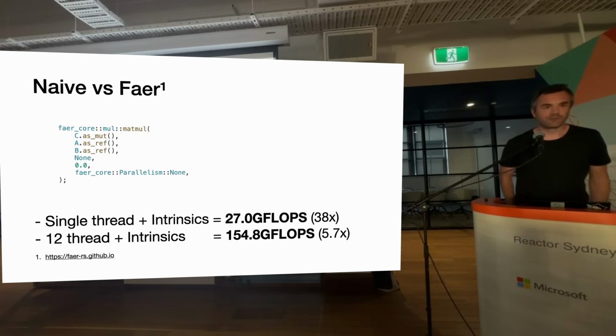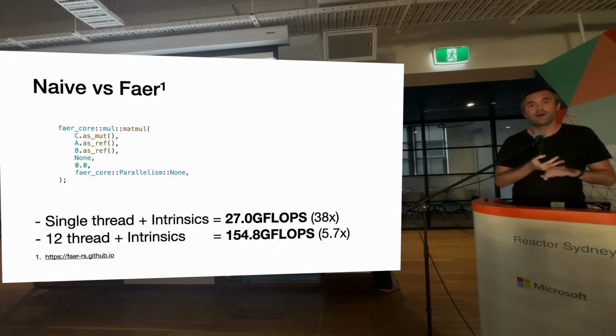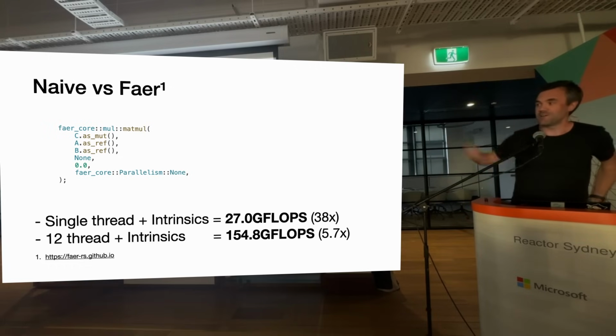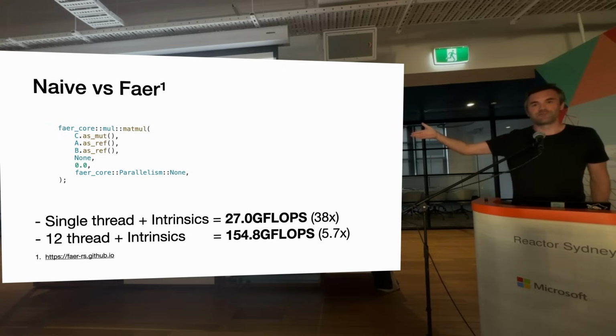So because we're interested in matrix multiply and we are Rustaceans, there is a library called Faer, or I don't know how you pronounce it. This is a pure Rust matrix multiply. It's quite new, super fast, competitive with MKL, the Intel one, competitive with kind of everything. Really, really solid code. It's going to be awesome. And you can see immediately I install their library, turn on intrinsics, which are NEON instructions and all that sort of stuff, and we get 38 times faster, as you would hope, because that first algorithm was completely rubbish.